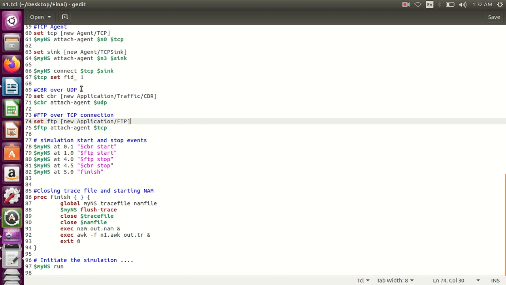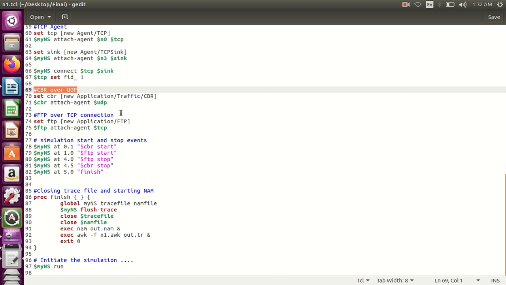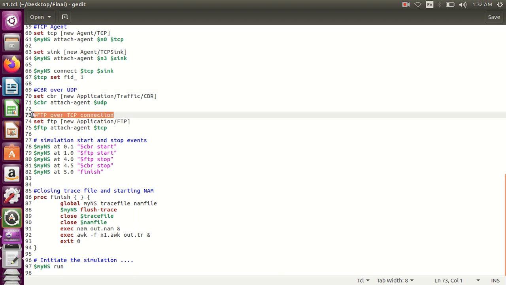So CBR agent should be placed upon this UDP agent, and FTP should be placed over a TCP connection. Okay, you cannot mix these two. CBR is with respect to a UDP agent, and FTP traffic is with respect to TCP connection. So now how to set a CBR